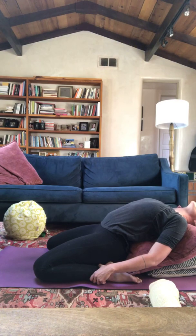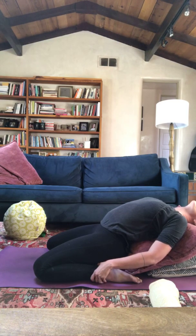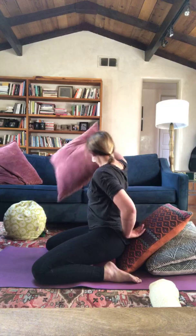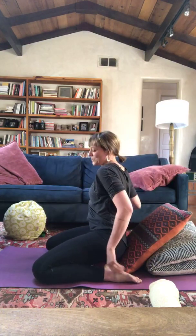Big deep inhale, and on an exhale gently rise back up. Take a minute to notice the sensations. Maybe it feels really good to rise back up. Remove some of those pillows,